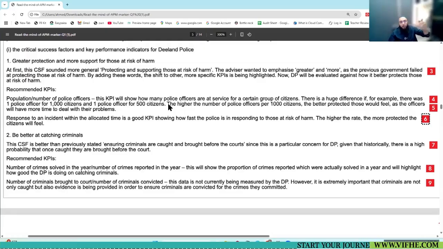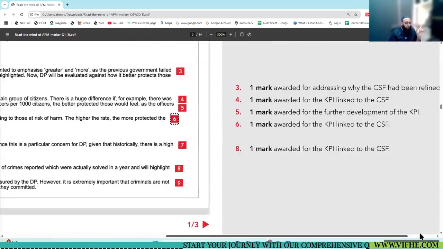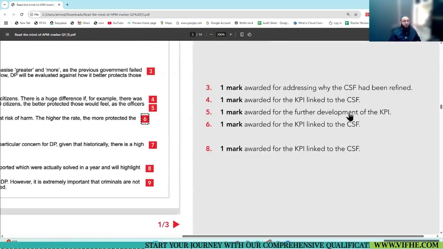All that he developed over the first point, he is getting another 1 mark for the development of the KPI, which means 2 marks for paragraphs 4 and 5, where he wrote about the KPI justification and further explained it, a better explanation of that.